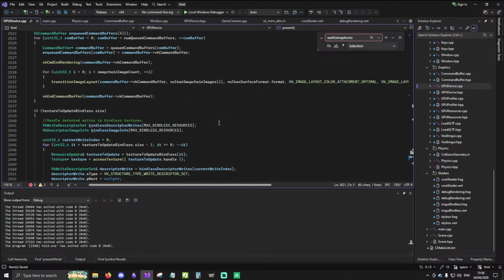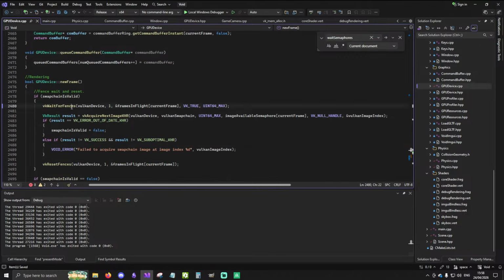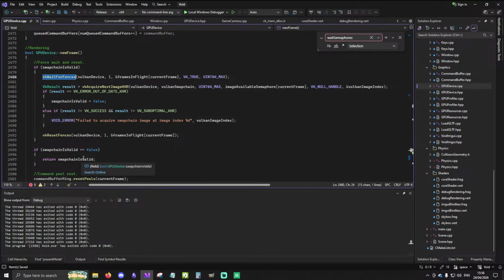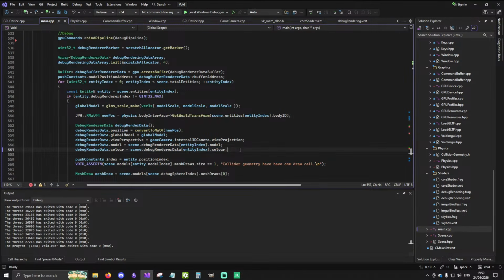So if I scroll up to here, we are waiting here. This is only invalid if we can't acquire the image. Okay, so because you could both be reading and writing to the buffer at the same time, if the frame is in flight, it's working. I could be reading and writing to the buffers at the same time. I see. Okay, that's what you want me to look at. So you don't want me to look at the presentation order. You want me to look at the